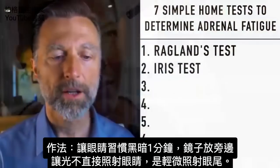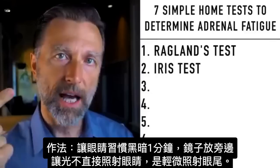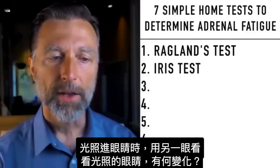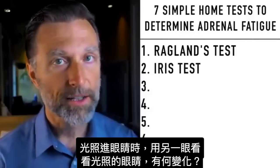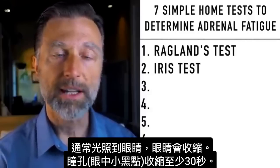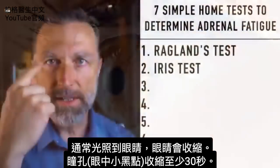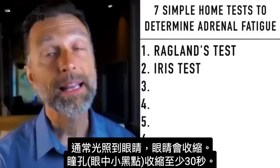And you're going to be next to a mirror. You don't want to shine the light directly in the eye; shine it slightly to the side. And when you shine the light into the eye, you're looking with your other eye at what occurs with the eye that you're shining light into. Normally, when you shine light into the eye, it should constrict. And the constricted pupil, the little black hole in the center, should maintain that constriction for at least 30